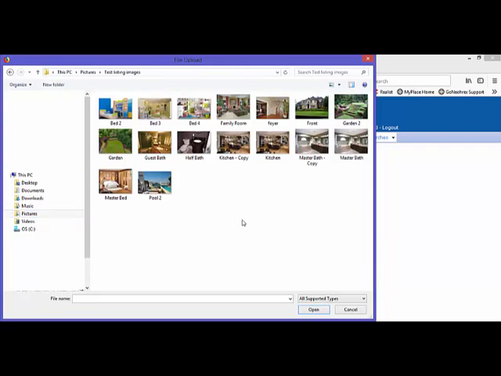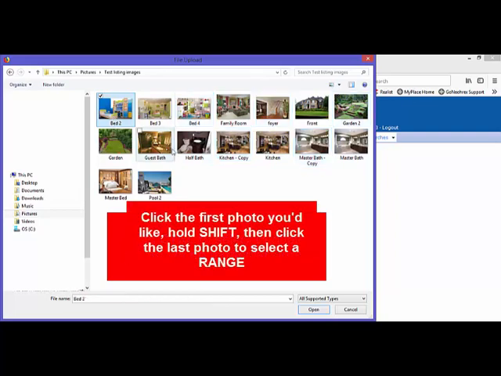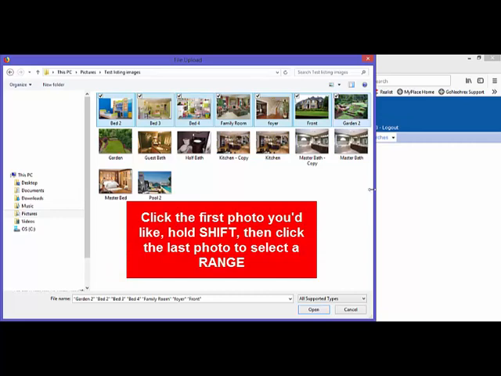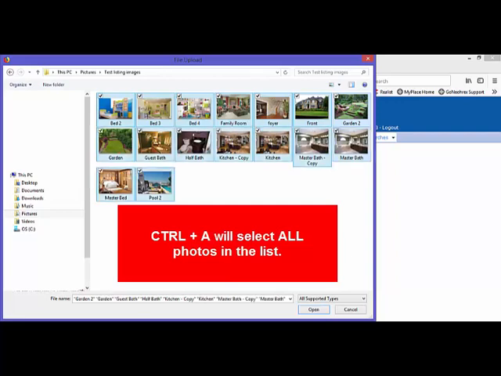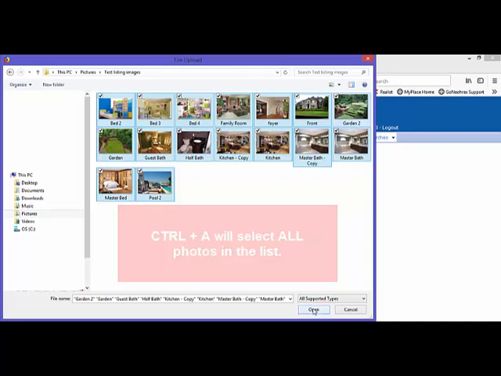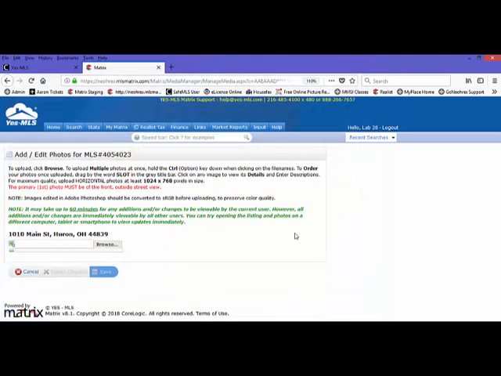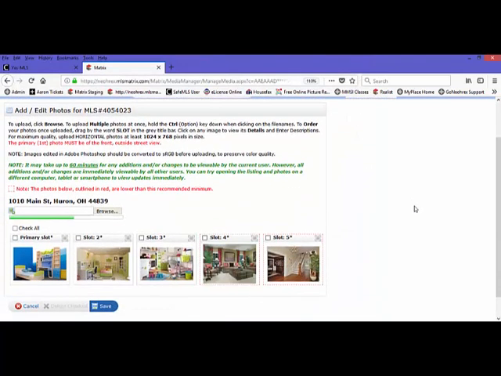A couple of tricks are as follows. If you click your first property and hold the Control key, you can choose random pictures anywhere in your list. If you click the first photo and hold the Shift key on your keyboard and then click the last photo, it will get the first, last, and anything in between. And if on your keyboard you press Control and the letter A, all photos will be selected. For our example, we'll choose all of these photos and upload them. And you'll see that they quickly